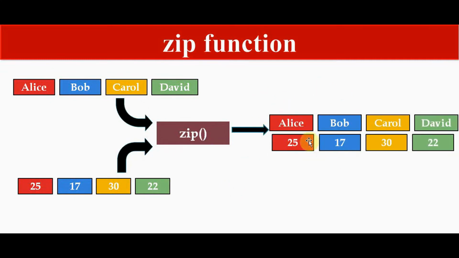So the output is obtained such that the first tuple contains the first element from each of the iterables. That is, the first item in each passed iterator will be paired together and we get the first tuple of the output. Similarly, the second item in each passed list are paired together and we get the second tuple, and it goes on. Okay, so we'll see how this works by applying the zip function directly.